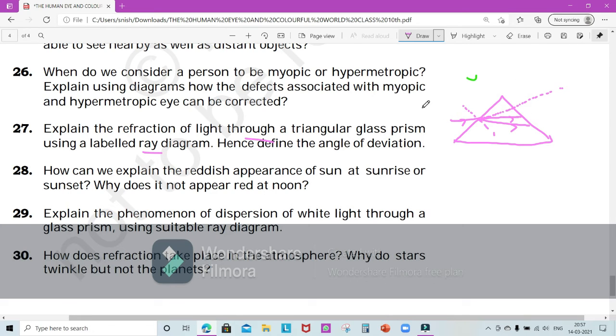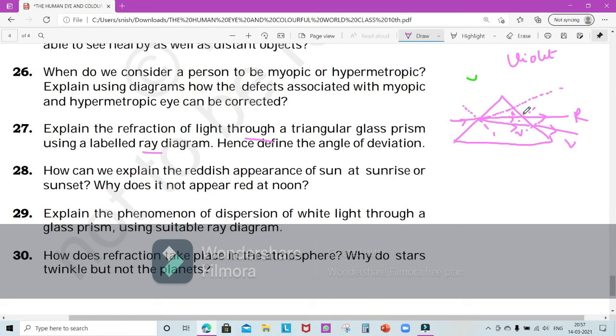So it goes, red and violet here, and again it undergoes refraction. It will move away from the normal, goes like this. It should be down actually, wait. It goes like this. Okay, so violet and red. Now we have to find the angle of deviation. So actually there are two angles of deviation. You should mention whether you want the angle of deviation of violet or red, because it's white light. But if you use a monochromatic light, it's easy to find.